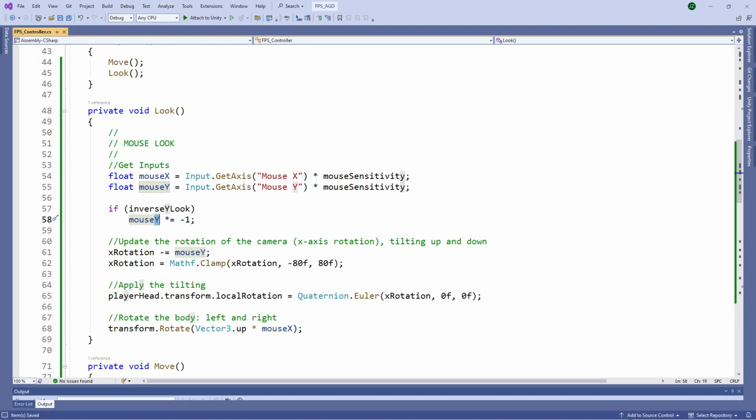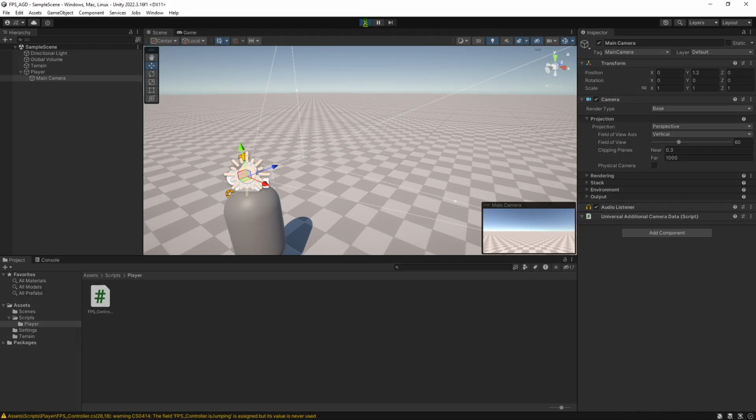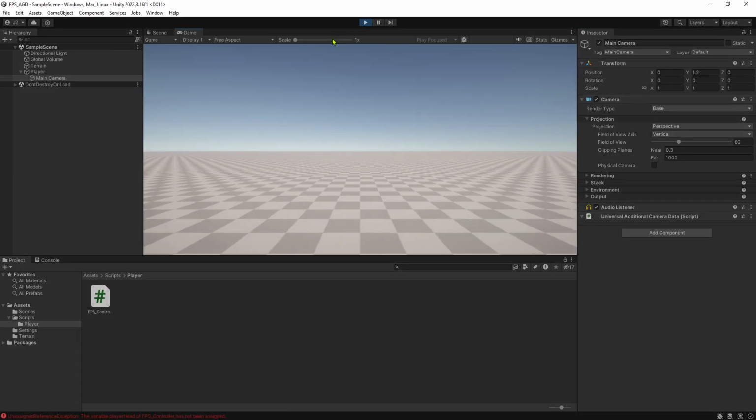Obviously, we're going to add a few more functionalities to either this script or other scripts. So like being able to use objects. But for now,